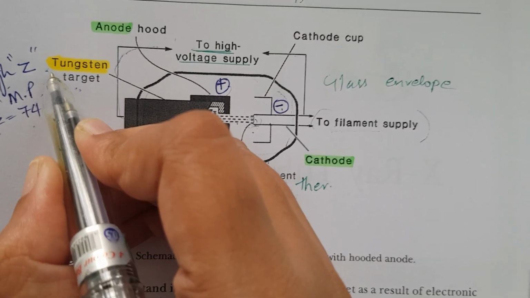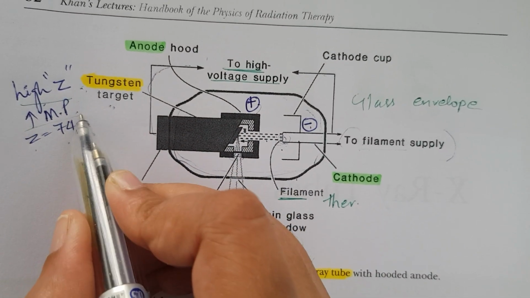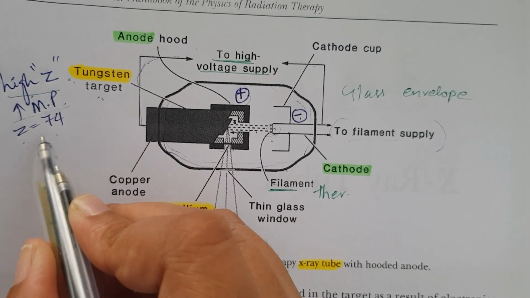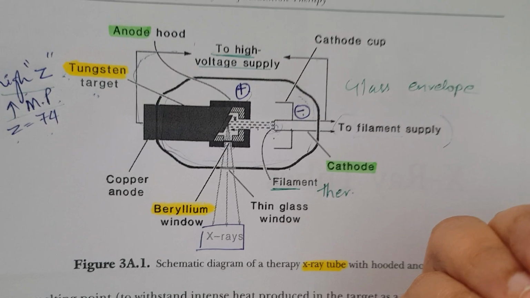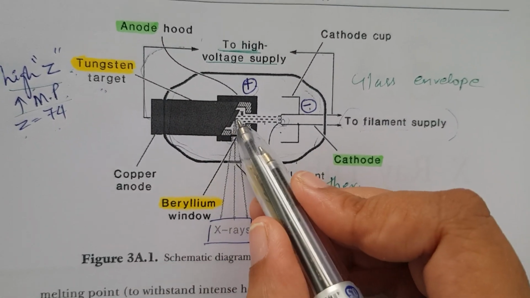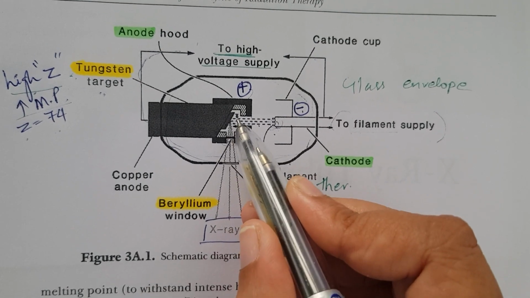So why do we need a tungsten target? Because it has a high atomic number and a high melting point. So the atomic number is 74. Because of that, the choice of target is tungsten, and when the electrons hit the tungsten target, it produces the X-rays,